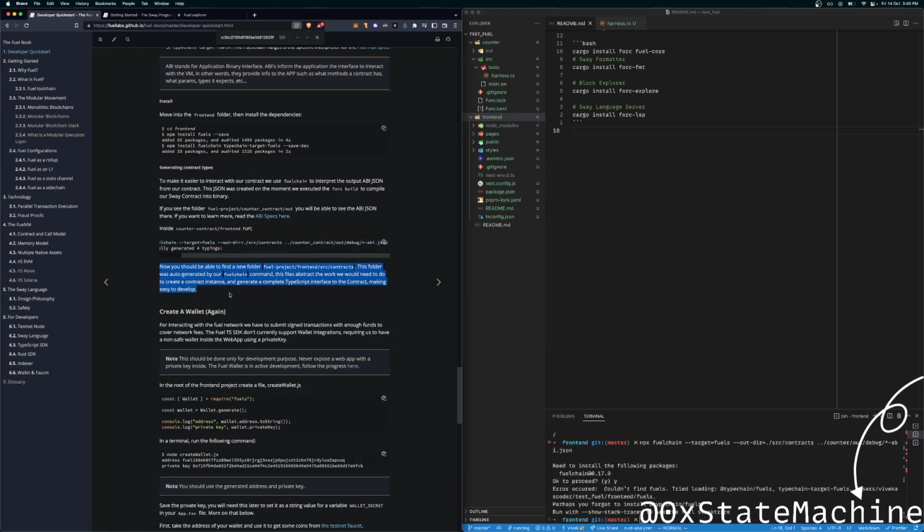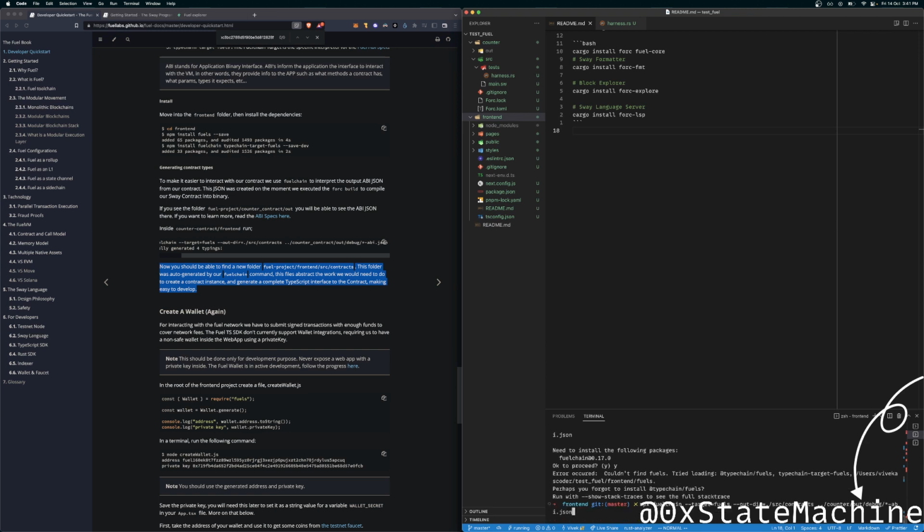Now we should be able to find a new folder, this, and there's an error. Couldn't find fuels. I did install the fuels.